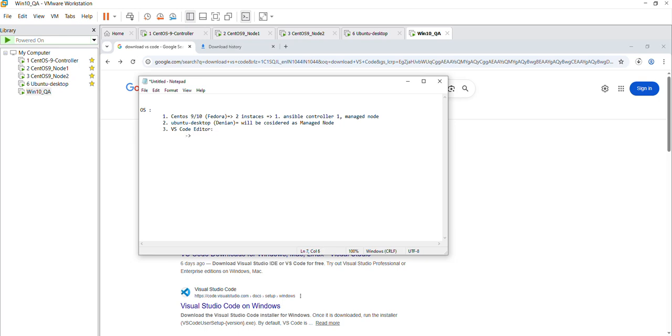Inside that we need Remote Explorer, and we need Remote SSH as well, which are extensions. After that we need Putty or SuperPutty